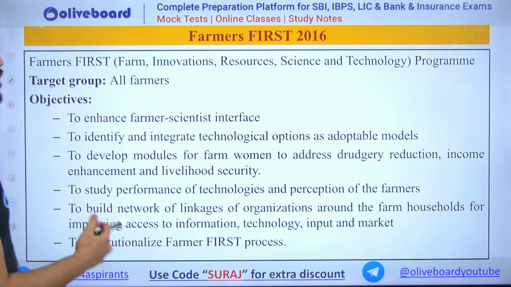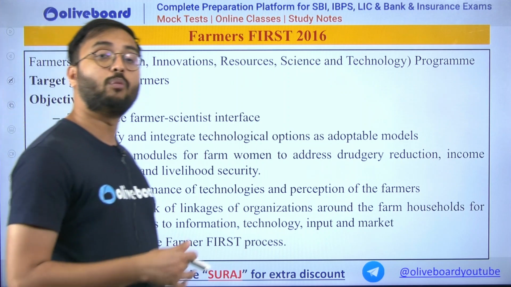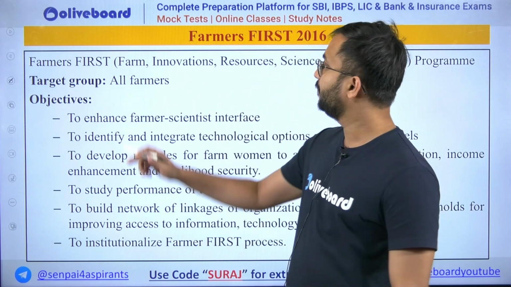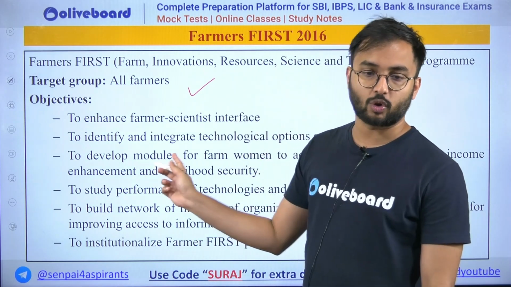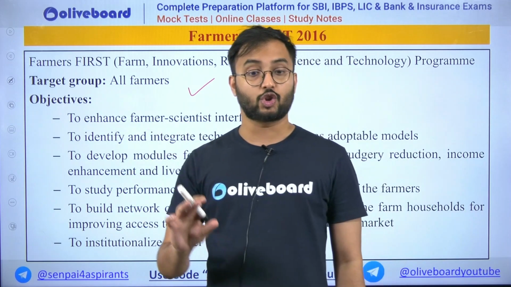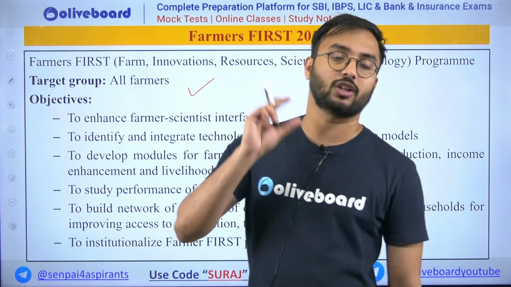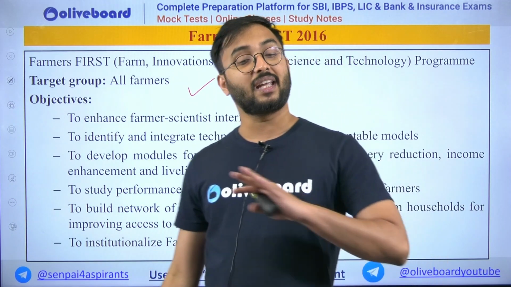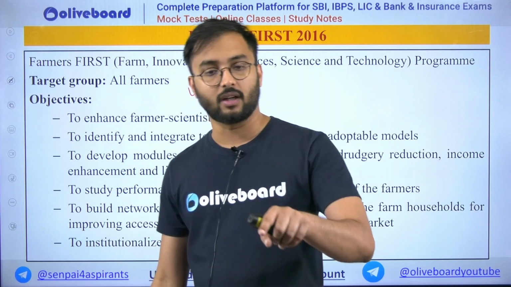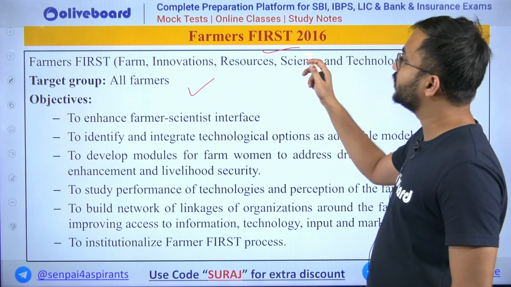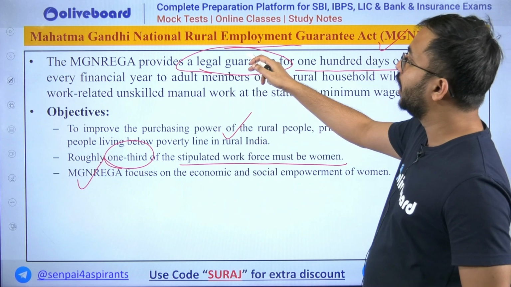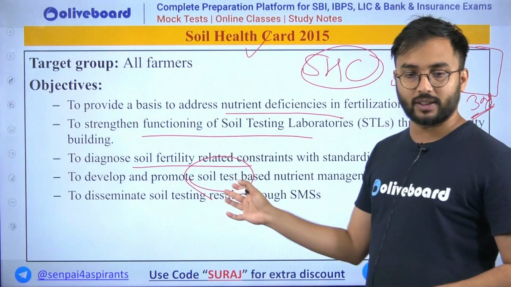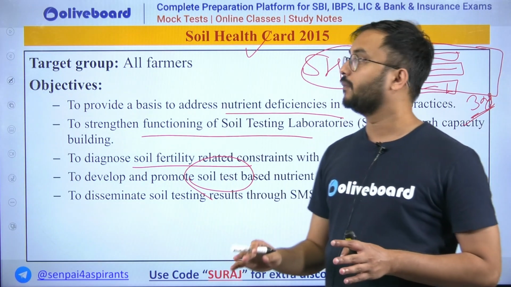Then comes Farmers First 2016. Now see here how many projects and how many governmental schemes we are looking at in one place. Remember very carefully, there is always a question related to agri extension projects and government schemes. It always comes in NABARD, it always comes in AFO, it always comes in any of the SO exams. Why does it come? Because these names of schemes are very, very important. So you should know these, and you should cover them in depth, okay.